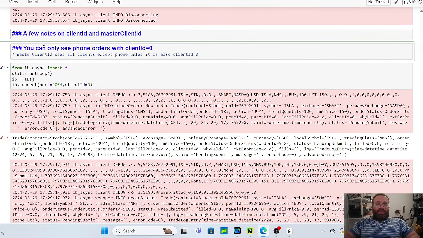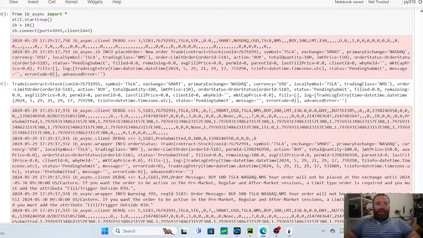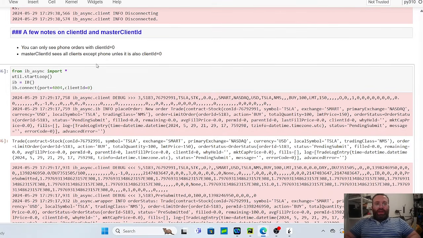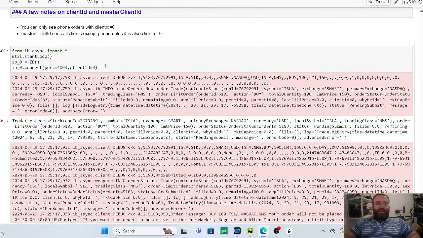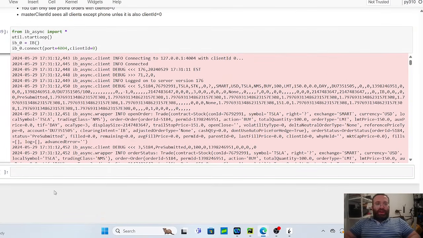You can only see phone orders with client ID 0, and then master client ID sees all client orders except for phone orders, unless it's also client ID 0. So let me show you an example. Let's call this IB0 equals IB, and then IB0.connect client ID equals 0. So if I do IB0.open orders,